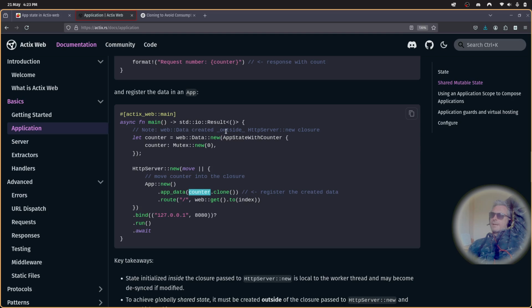Web data created outside HTTP server new closure. So you create an instance of what you want to be shared. Yeah, so you create in your AppState with counter instance there, and then you're moving a clone of it into your app, and then you're passing your app into your HTTP server, because you'll have one HTTP server per client connection